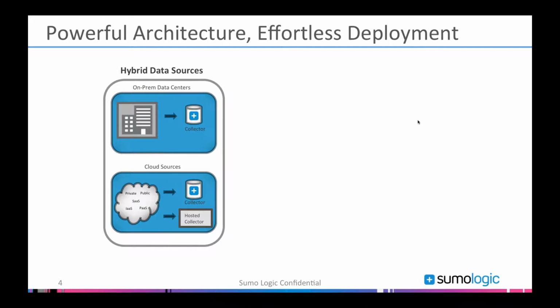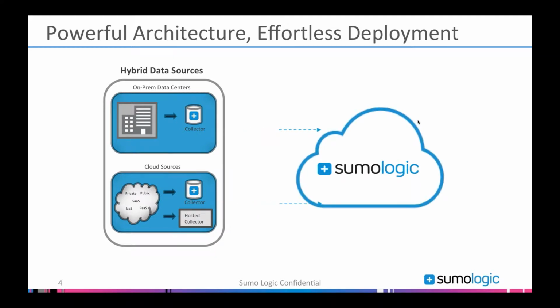Or if you're running your application in an infrastructure as a service or a platform as a service provider, you can have those collectors right next to your application in the cloud. They collect all of the data and send it to the Sumo Logic service. And that's all they do.